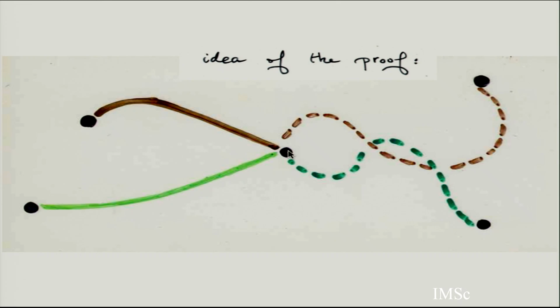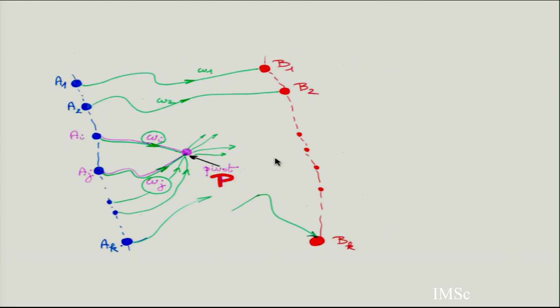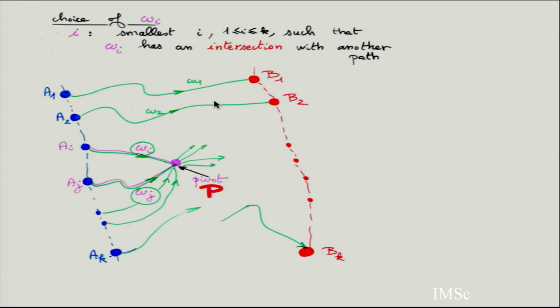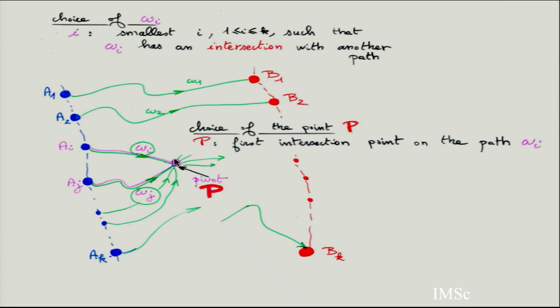So you have to precisely define the point P. It's a very different way. Suppose two paths, there is some intersection between the paths. First you take the smallest I such that omega I has an intersection with another path. So you see, I have omega 1, omega 2, no path is crossing, but for omega I there is a path intersecting with this one. Now you take the first point on the path where there is